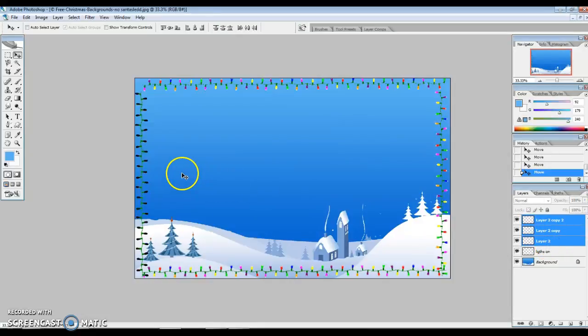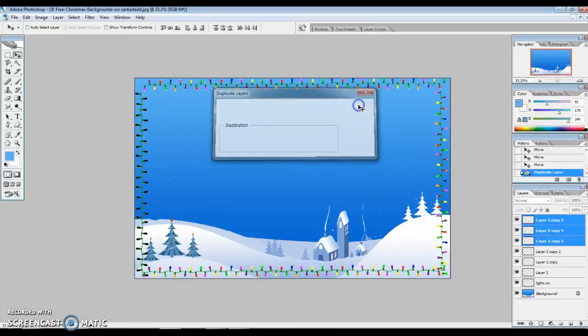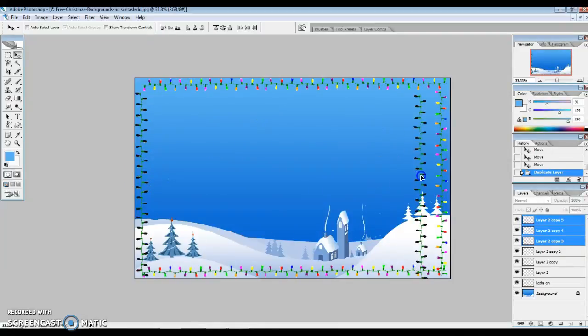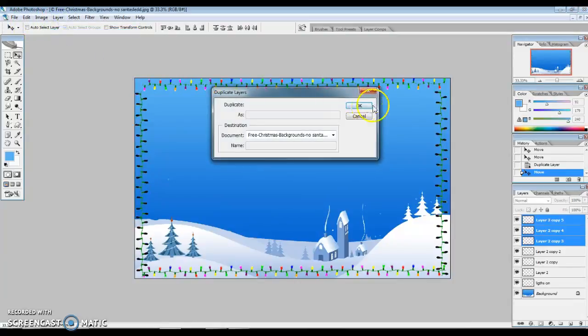Notice that I haven't merged the layers because it's easier for me to work individually. I will merge the layers at the end. So I just do a layer copy here, duplicate layers. I say OK, and they're supposed to match the ones here, más o menos. Okay. Now I'm gonna duplicate the layer again. Layer, duplicate layer,